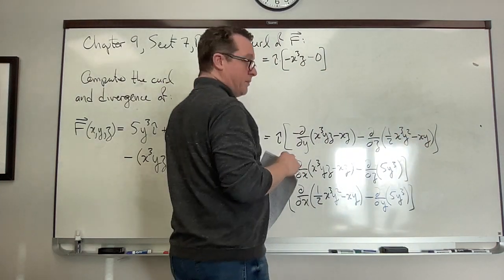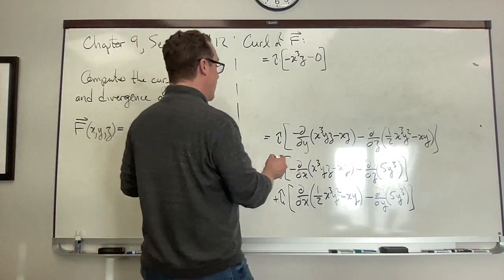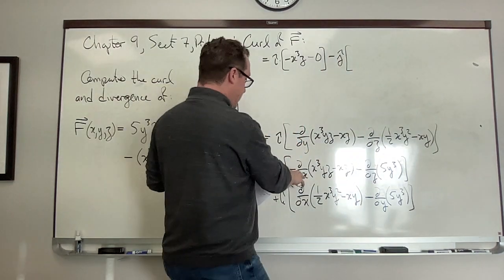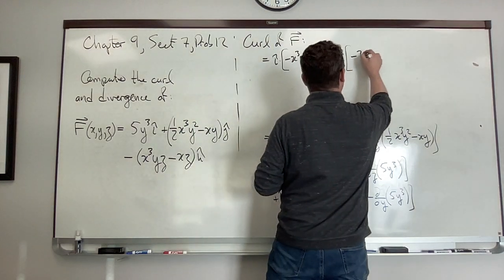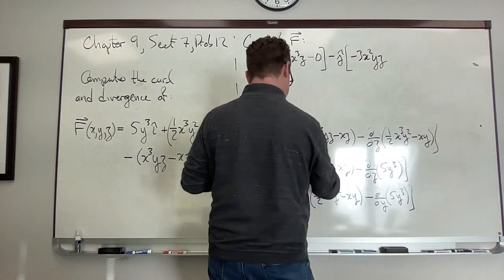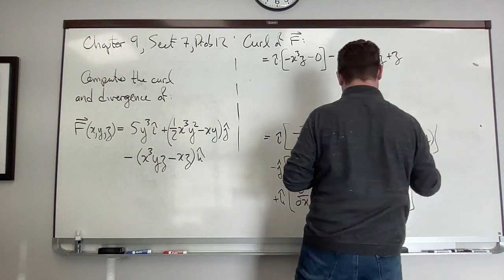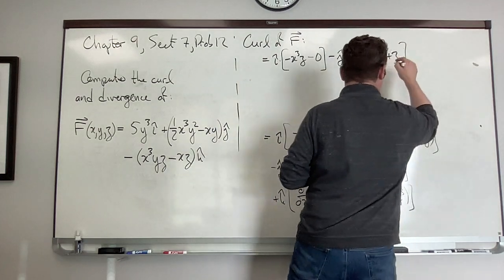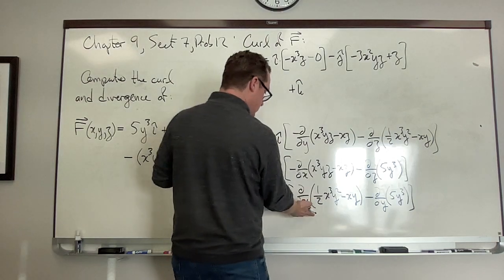And this happens a lot in the problems we give you, where sometimes the terms just drop right out. And then we'll go minus j. Okay, we'll do this one. So now I've got minus ∂/∂x, so I've got minus 3x squared yz, and then I have plus z, and then I have minus ∂/∂z of 5y cubed, which is 0. That's all we have. And then I'll put the plus k on the next line here, slowly, ∂/∂x,